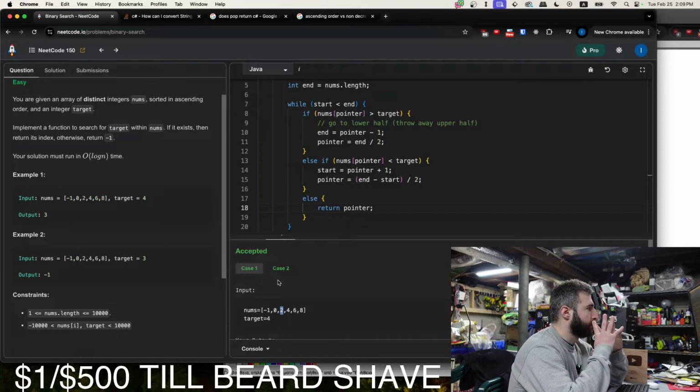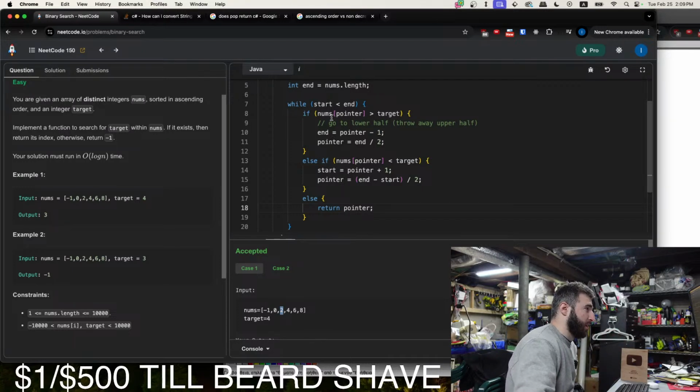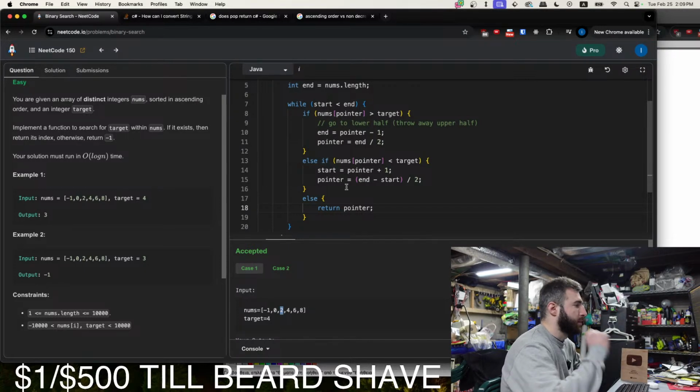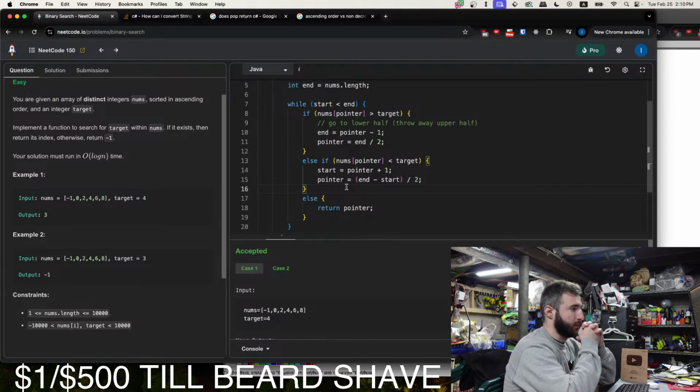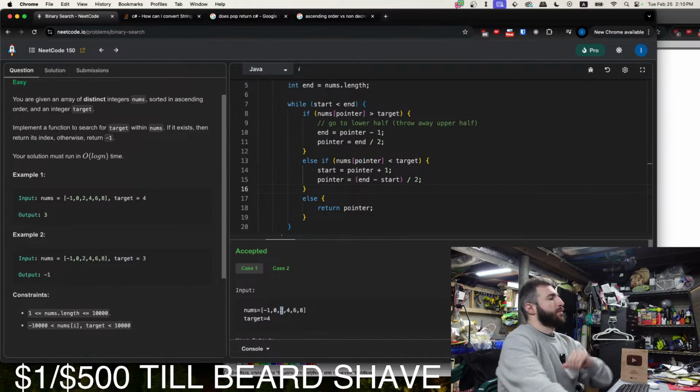To fix this, maybe we could have a case that checks if end is equal to start. Or figure out a better way. Maybe that's not the right way to calculate the pointer.